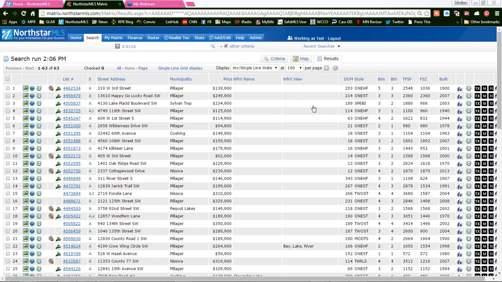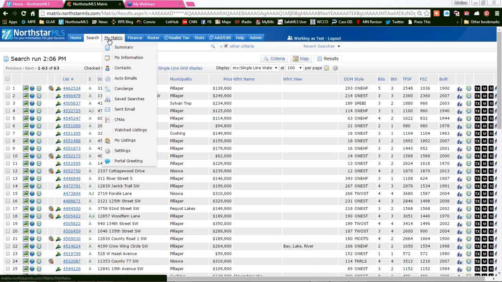Okay. All right. So the last thing I'm going to show you is how to customize a header and footer in Matrix, as well as how to find all the other spots that they have your contact information in here. So if I go to My Matrix and down to My Information,